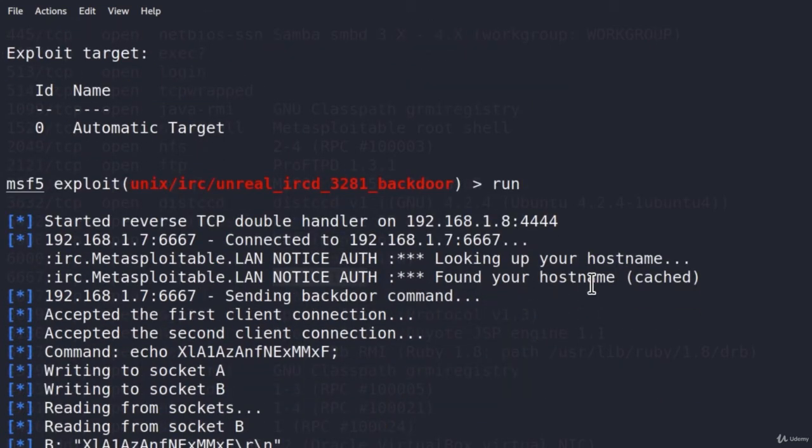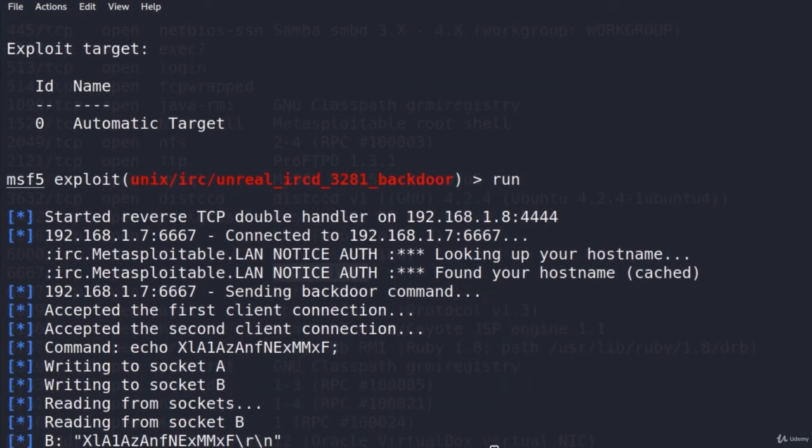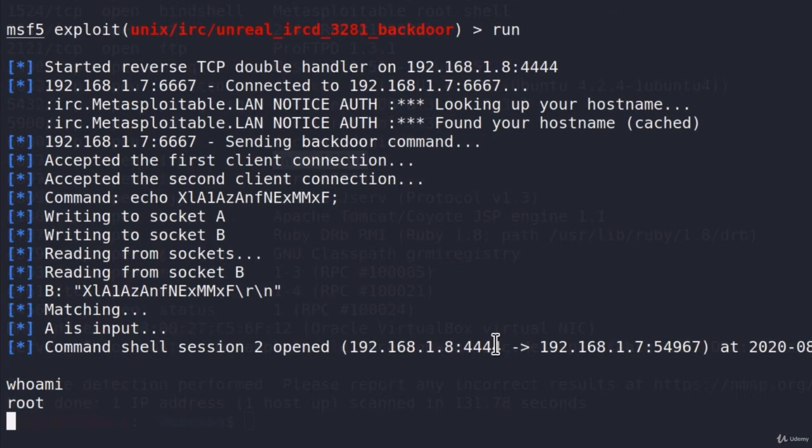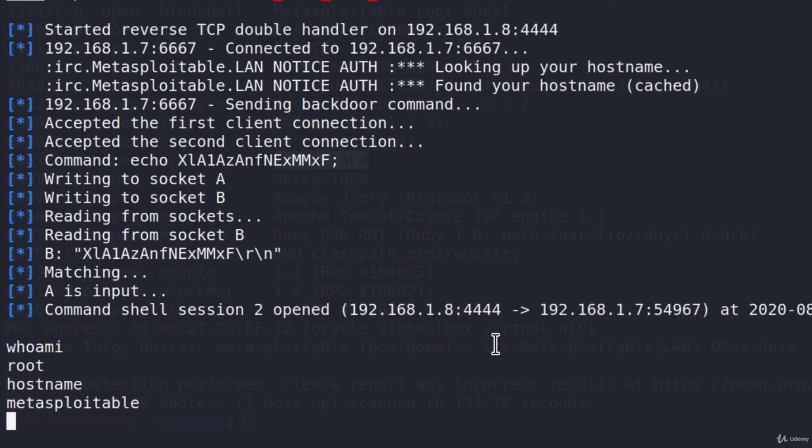and here it is, command shell session 2 open. We got the second exploit down. Let's check out if it works. Who am I? We are the root account. Hostname will tell us we're Metasploitable. So this is the second one down. We got one more left to go. Let's Control-C this,